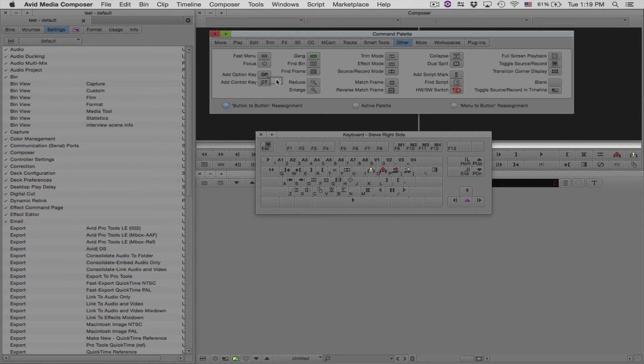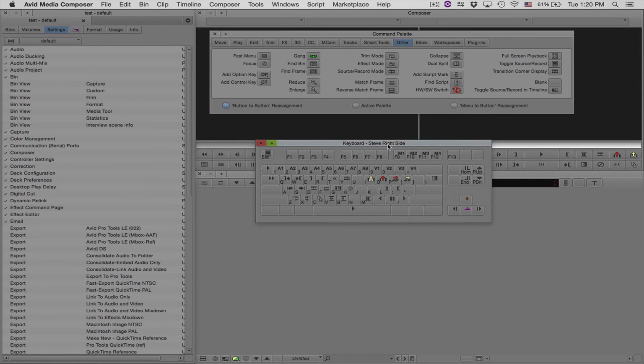So if you drag this button on top of the copy to clipboard button, you see there's a little dot there now. Now this is actually option copy to clipboard, which with one press of a button not only copies something from your timeline, for example, but it also puts it into your source monitor ready to edit, all in one button. The final thing that I want to point out, which is really powerful and